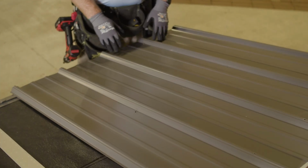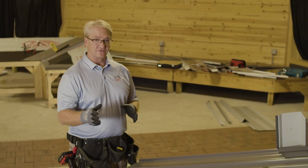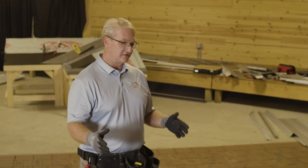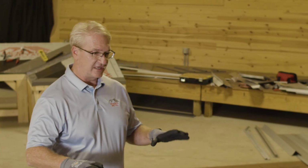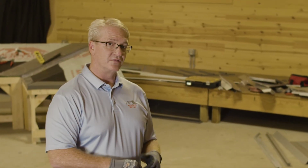Typically when we have customers or contractors ask us, how do you make sure your screws are all lined up, there's different applications for that. One is we have customers that actually take the steel pre-cut, cut to their length, what they need, and we can cut it to the 1/2 inch. The other part is that once they have it all stacked up for this area, then they'll actually pre-drill the